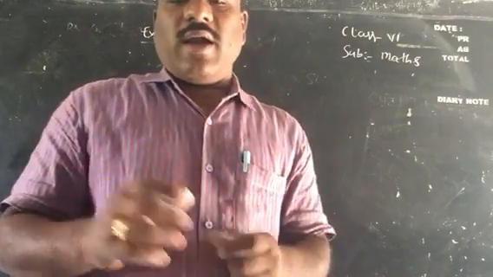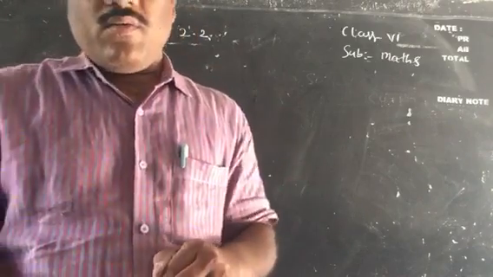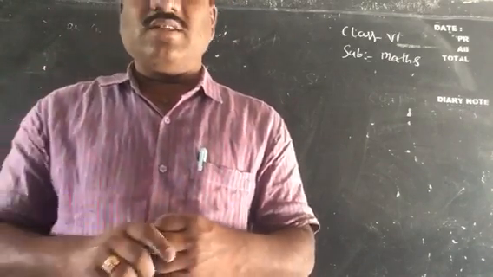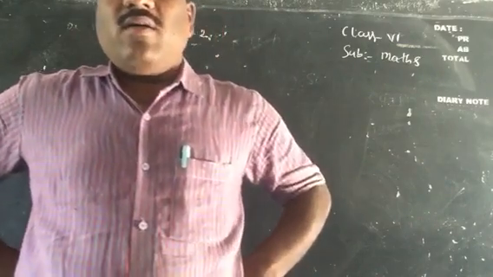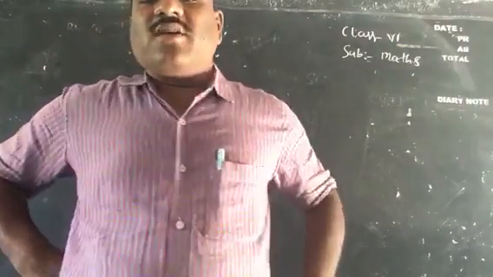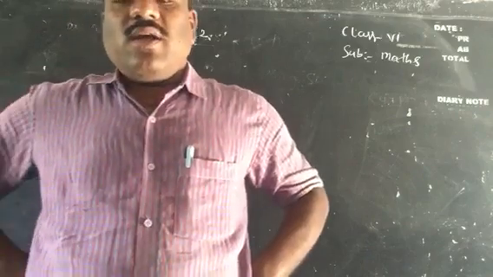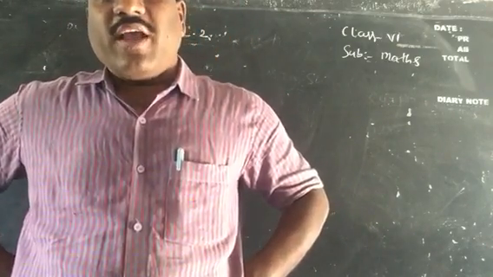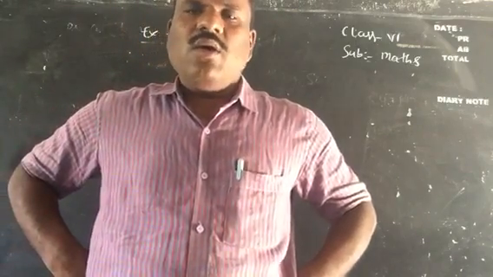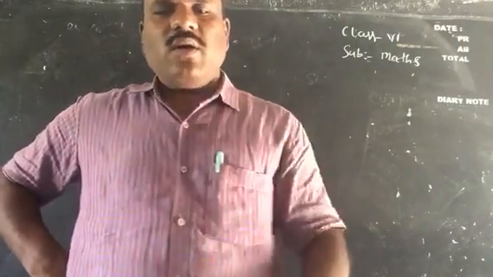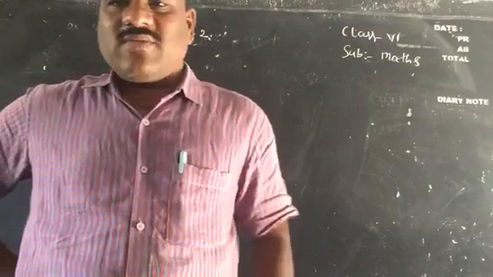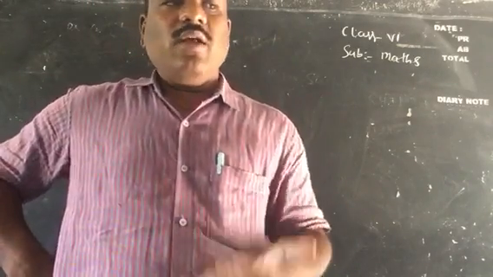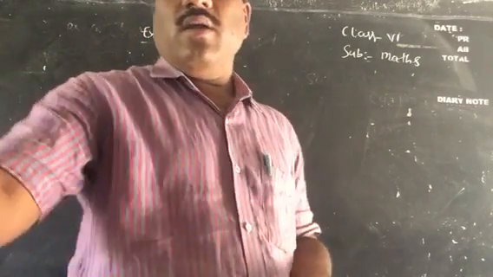Okay, and now one more problem, children. A milk vendor supplies 56 liters of milk in the morning and 44 liters of milk in the evening to a hostel. If the milk costs 30 per liter, how much money does he get per day? This also I'll tell you in the class, children. These two word problems I'll tell you. You can copy them in the classwork afterwards. Whatever sums I explained so far, you can copy all of them in the classwork. Okay, thank you and have a nice day.